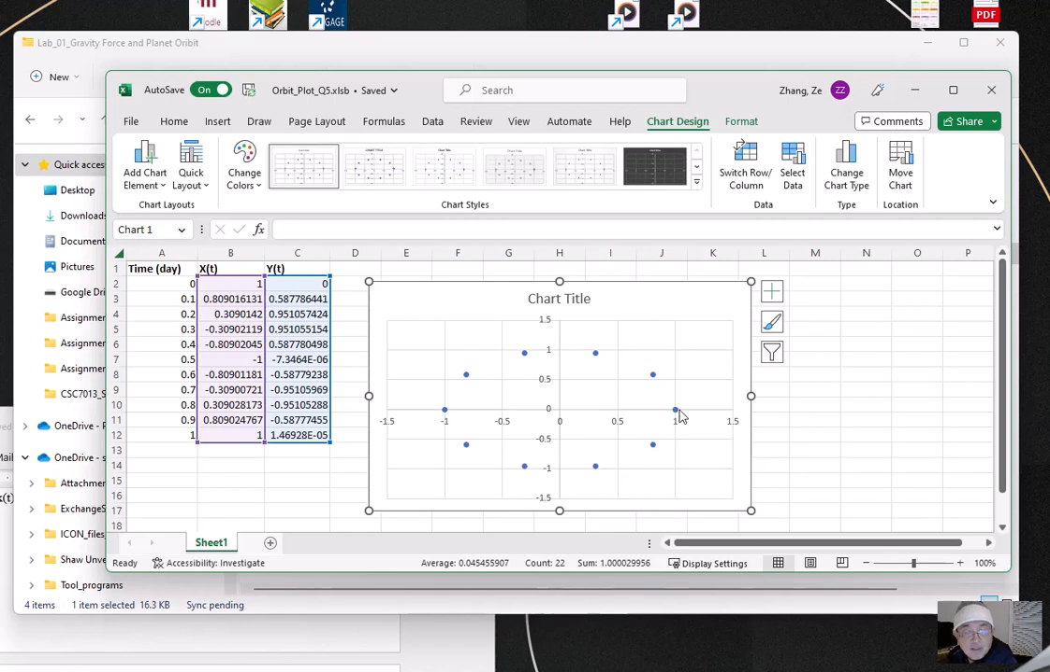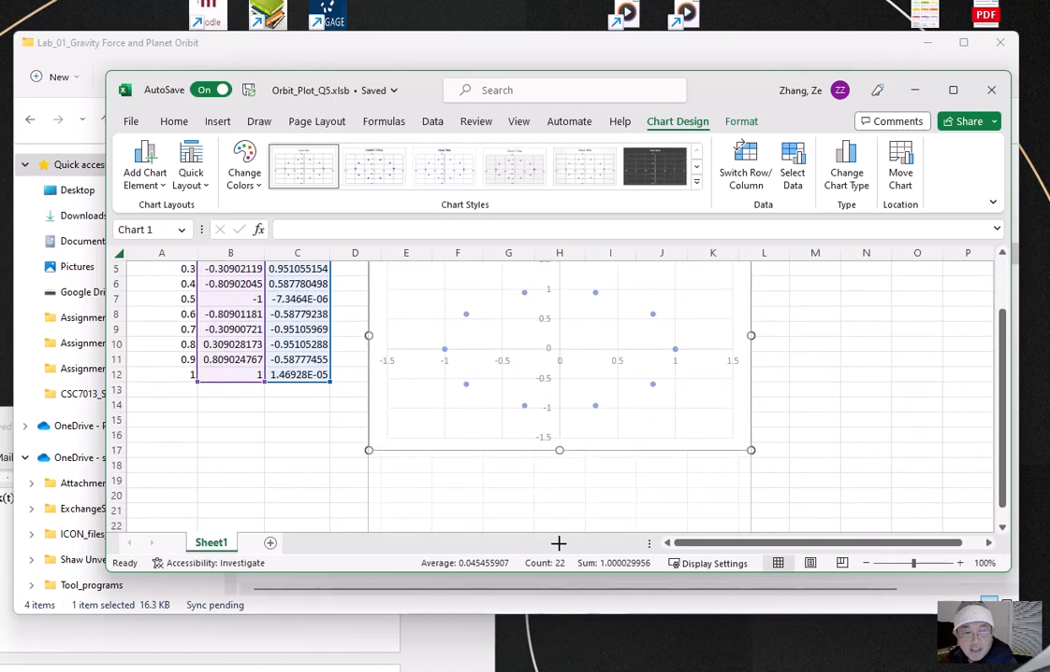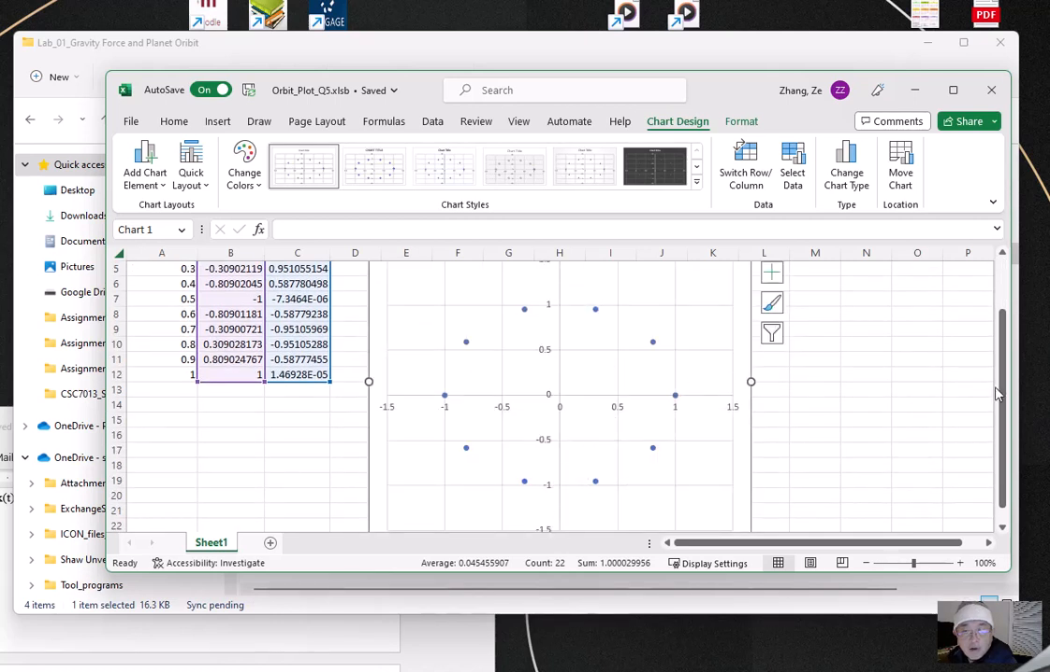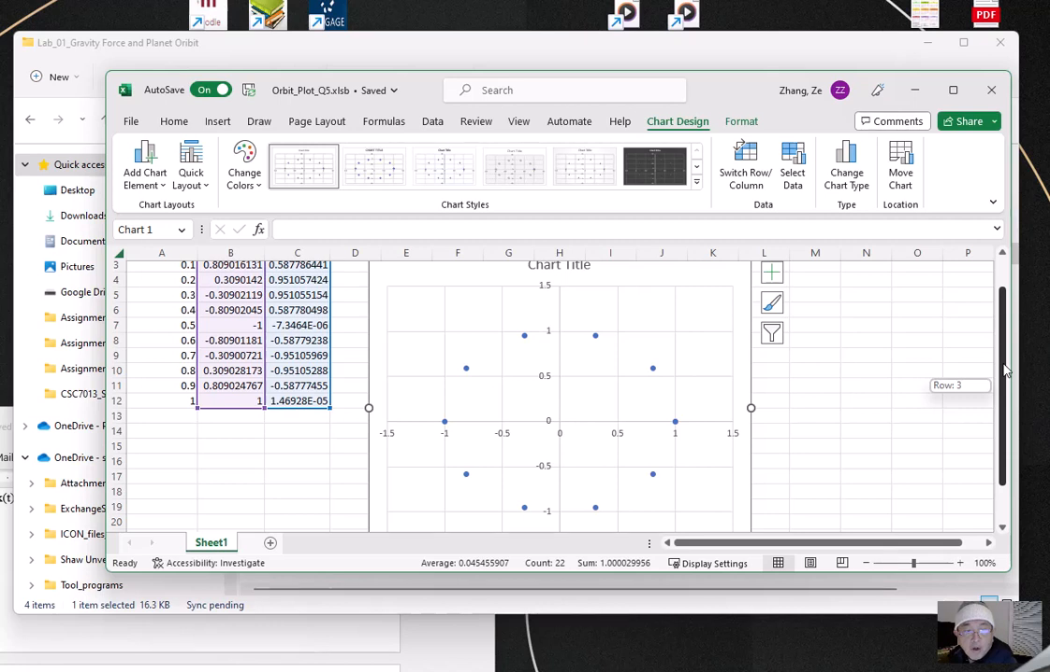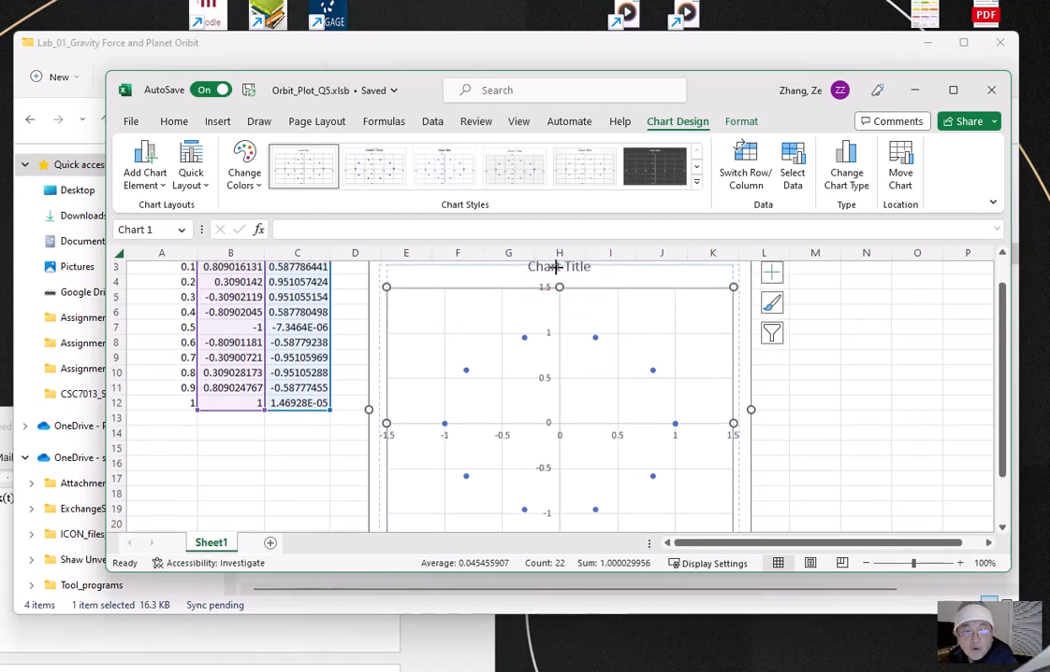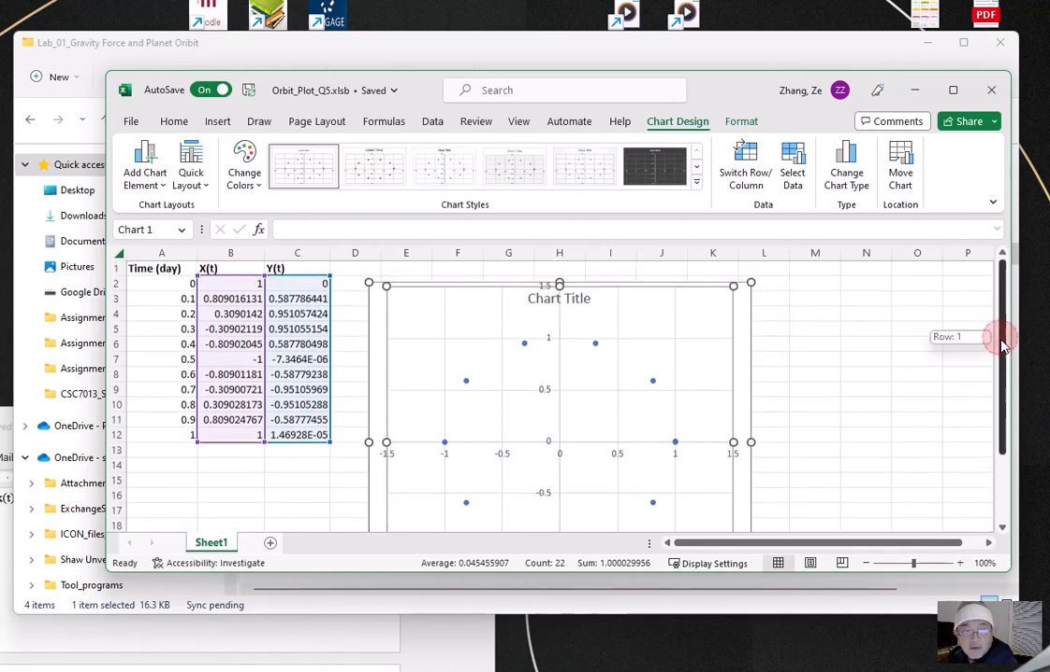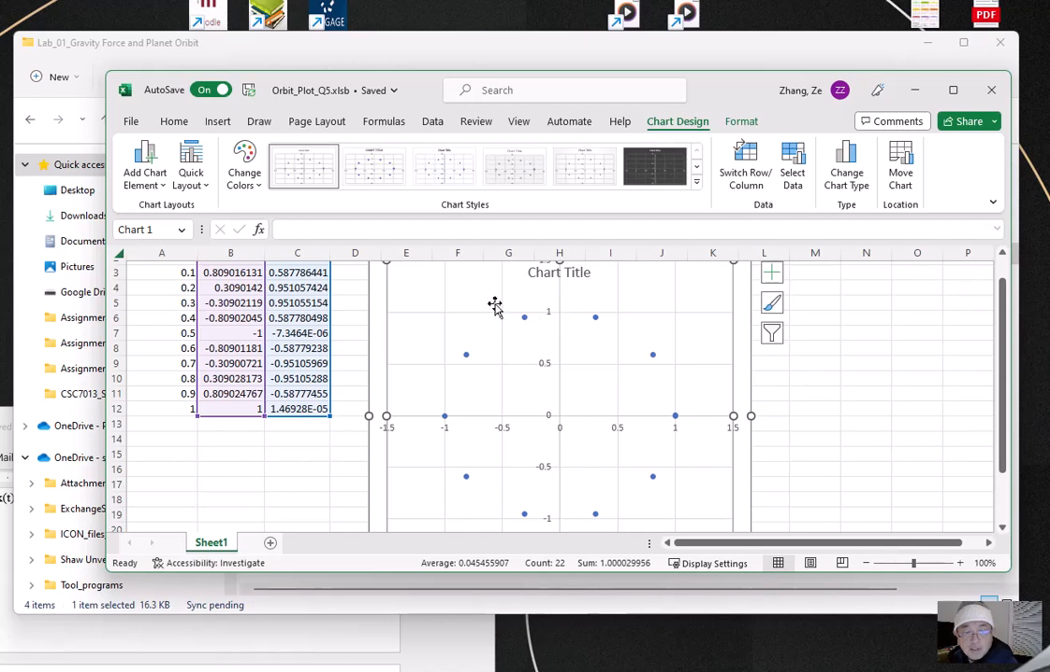The second one goes one whole day in 10 steps: 1, 0.1, 0.2, 0.3, and so on. 10% of the day is roughly 2 hours. But don't pay too much attention to the shape, because that's because of the scale. If you stretch it longer, it will become a circle. But only when you have exactly the same scale will you see the square, and you will know what kind of orbit it is. If you have a square grid, you will see this orbit is actually